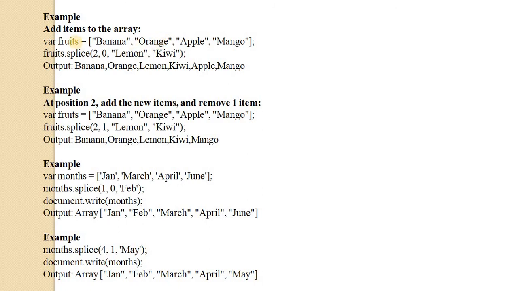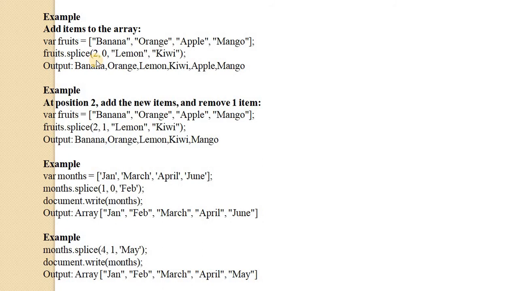After that we apply the splice method. Here fruits.splice, and the syntax is array.splice with the start index, how many values you have to delete, and then element 1, element 2 up to element n.